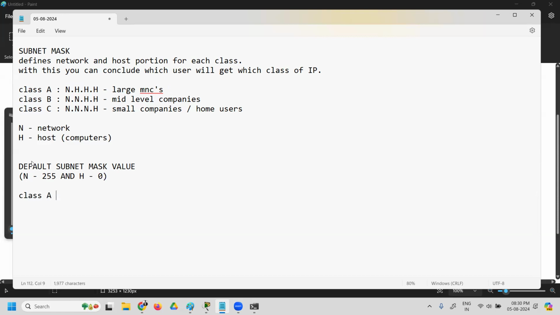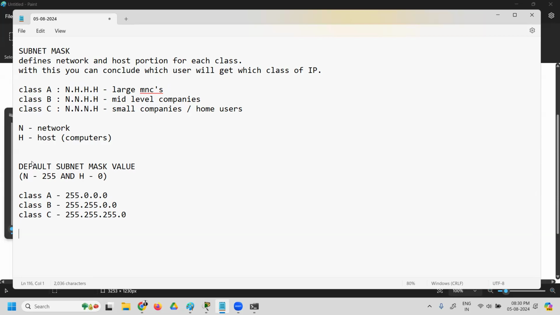For class A, the subnet mask becomes 255.0.0.0. For class B, the subnet mask becomes 255.255.0.0. And for class C, the subnet mask becomes 255.255.255.0. This is the default subnet mask value.